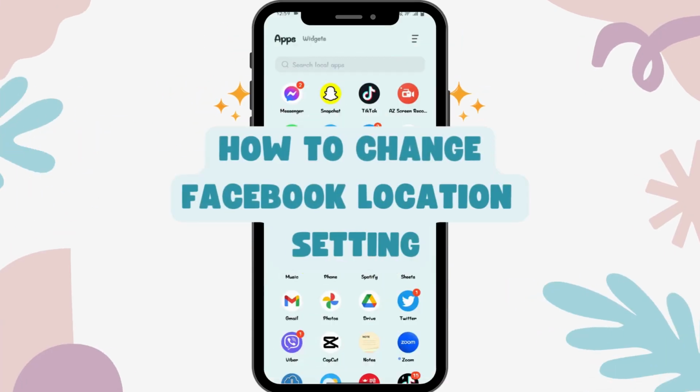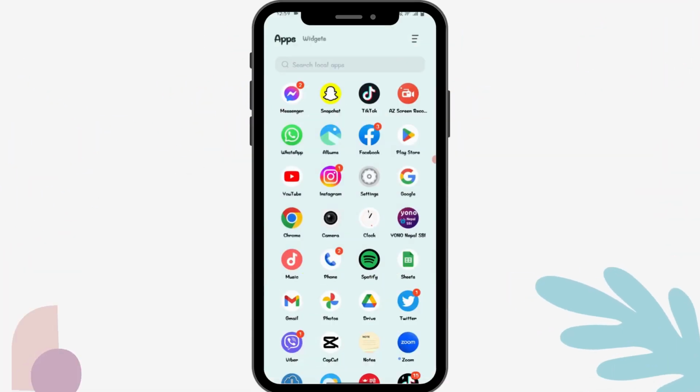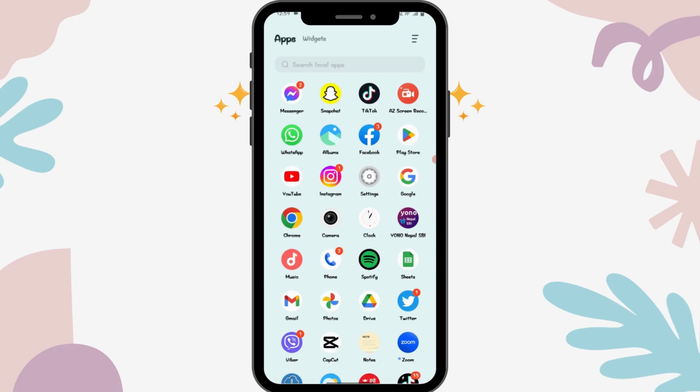How to change Facebook location settings. So if you want to change your Facebook location settings, then first of all you have to open up your